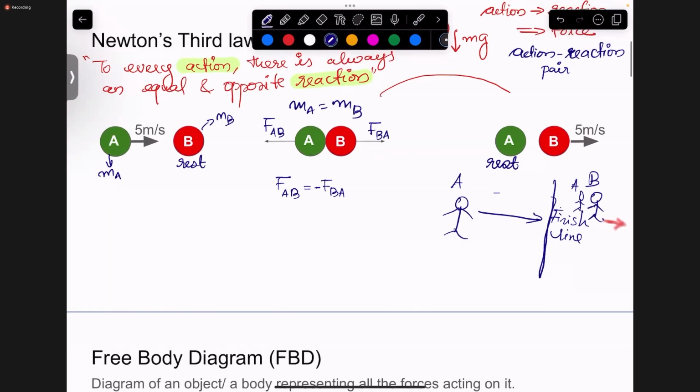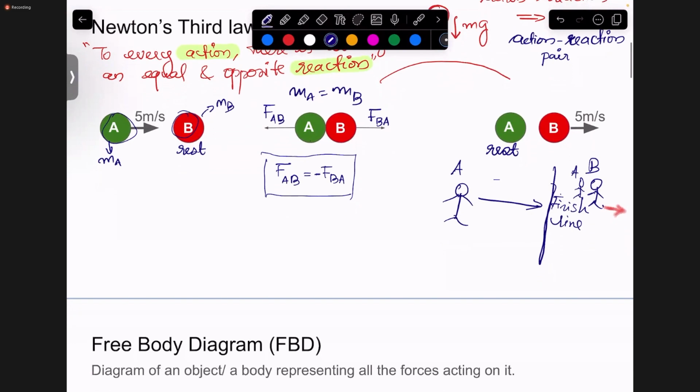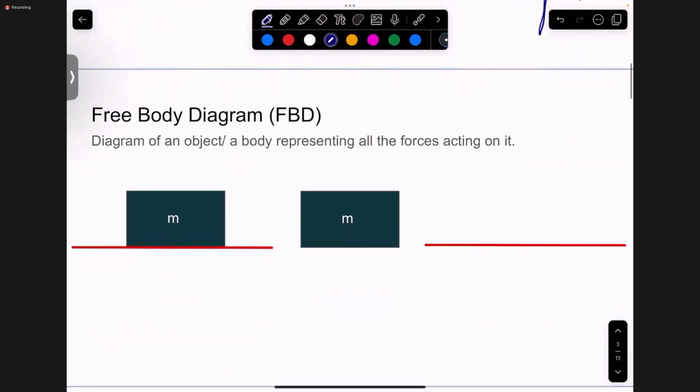So this is what is happening in this situation where two objects are colliding. A head-on collision is happening, and you can see how we have described this scenario with the help of Newton's third law. Now, another concept for solving problems related to force and acceleration due to this object